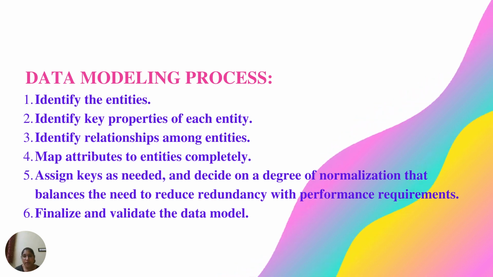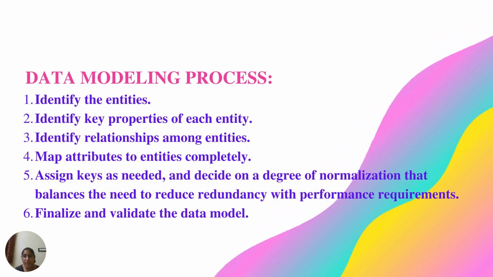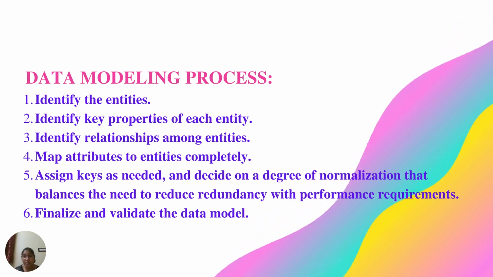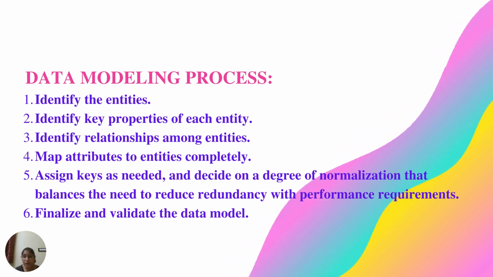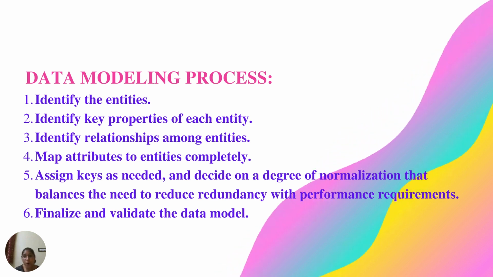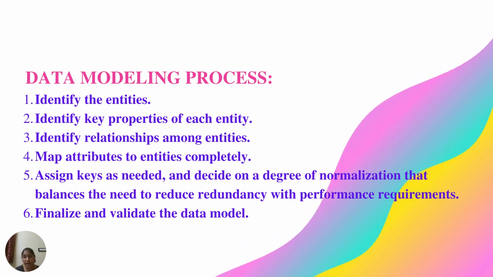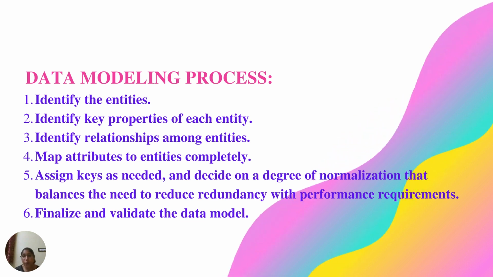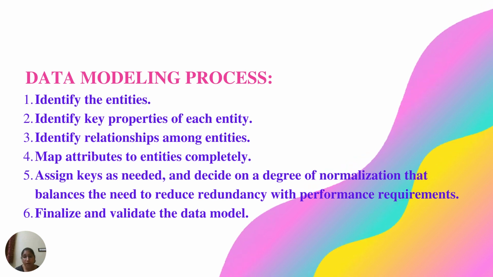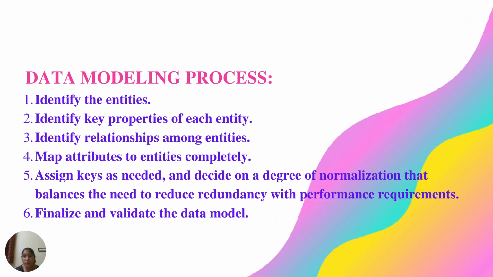In the third step, we will try to identify the relationships for the entities. Like in the example we discussed earlier, each customer lives at an address. If that model were expanded to include an entity called orders, each order would be shipped and billed to an address as well. In the fourth step, we will map attributes to the entities. In this step, we will ensure that the model reflects how the business will use the data.